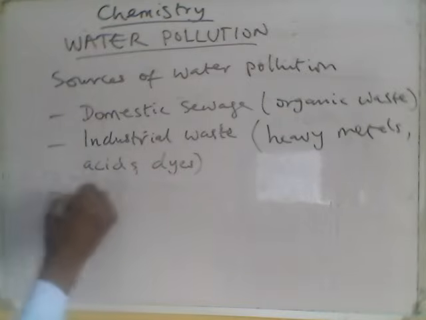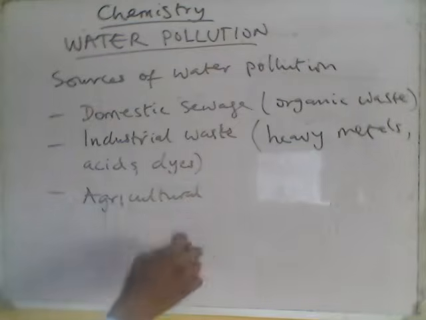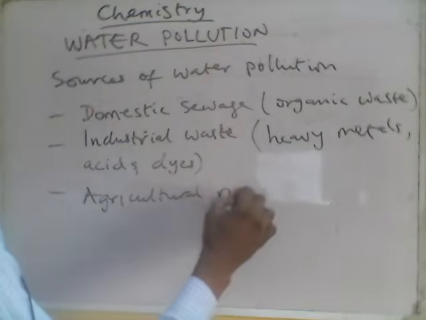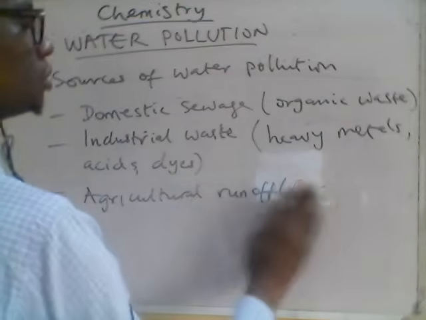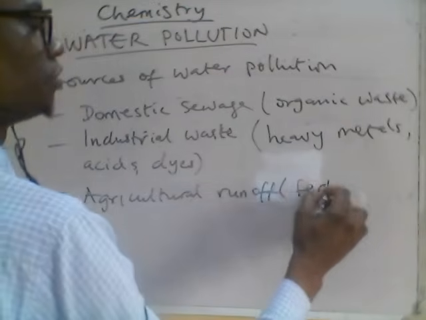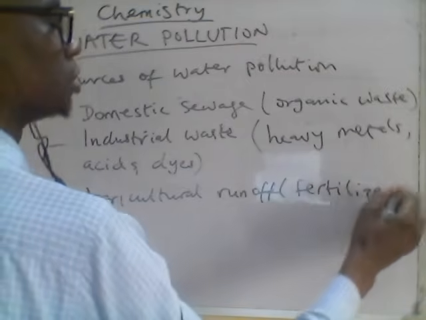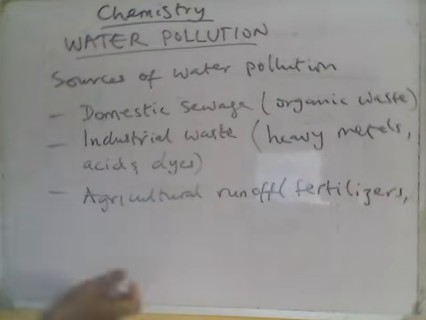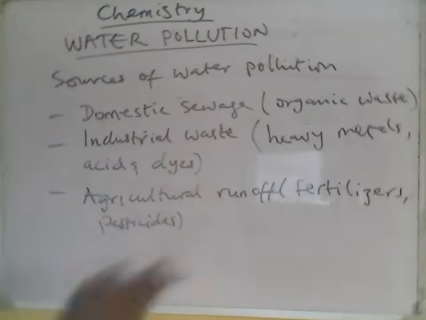Agricultural runoff is another source. Agricultural runoff. Okay, when we talk about this, we are looking at fertilizers. Oh, how do we spell this word? Fertilizers. All right, that's my English. Fertilizers. Okay, what else? We look at pesticides. These are agricultural runoff, things that we use for agriculture. We are supposed to gain from this, but it ends up that it becomes contaminant when it is released to